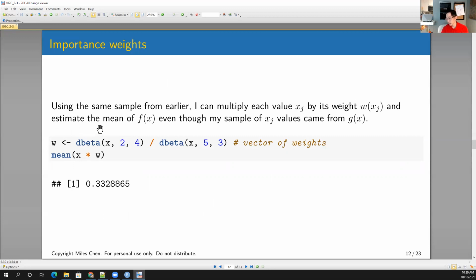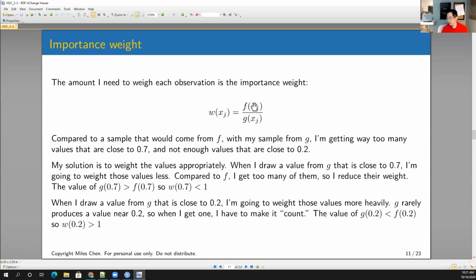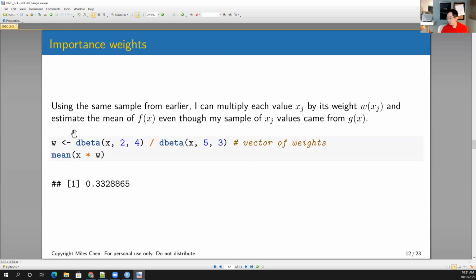Okay, and I can estimate this by taking the mean of x multiplied by the weights. So the weights are just going to be the density of the beta 2,4 distribution divided by the density of the beta 5,3 distribution, because F is the density of the beta 2,4 and G is the density of the beta 5,3. And so here I take my weights W,